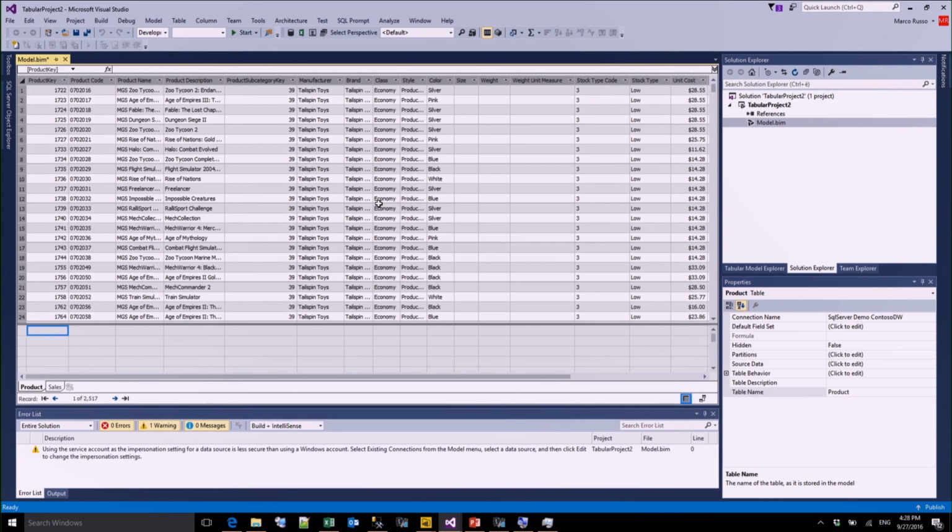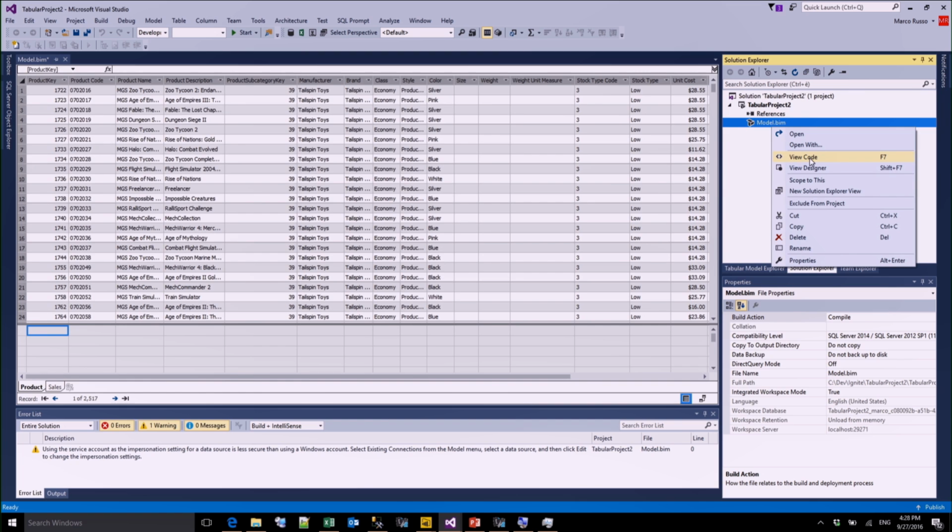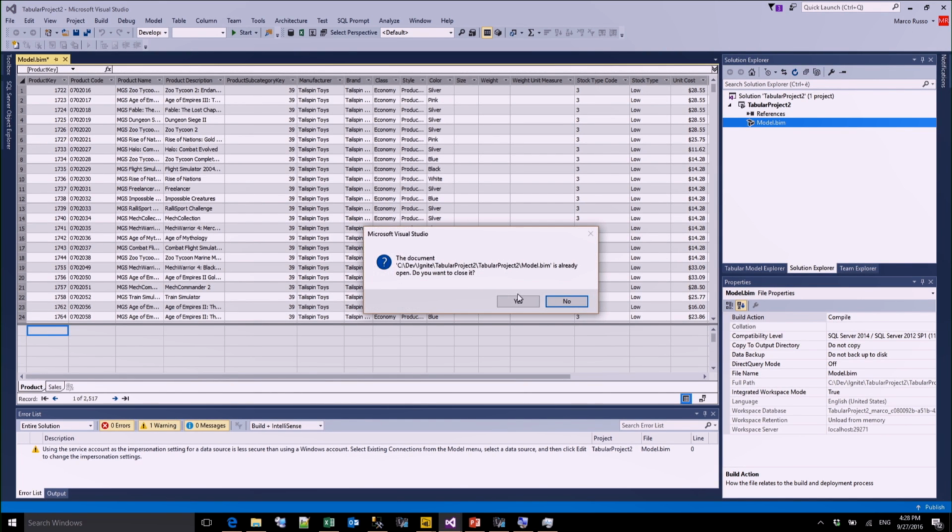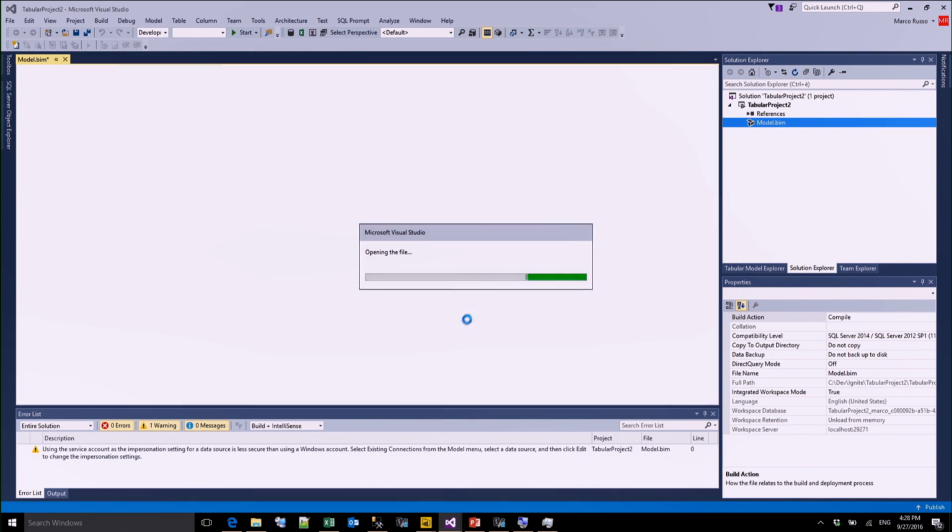Now, my data model is running there. So the advantage of this approach, I don't have to install SQL Server. I just had to download the SQL Server Data Tools. I install SQL Server Data Tools, and I can already use it because the engine is part of the SQL Server Data Tools now. And so also the version is automatically updated every time you install a new version. So this is an advantage for the developers. I want to show you that the model that I created